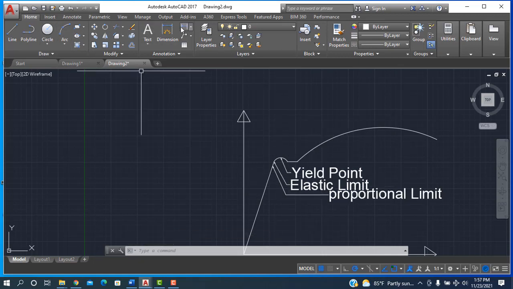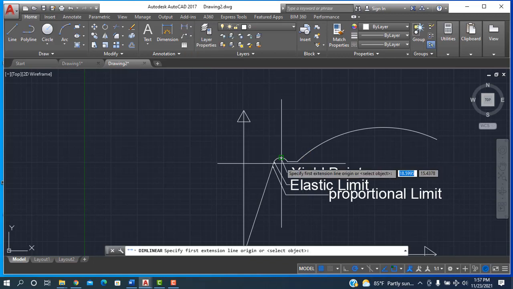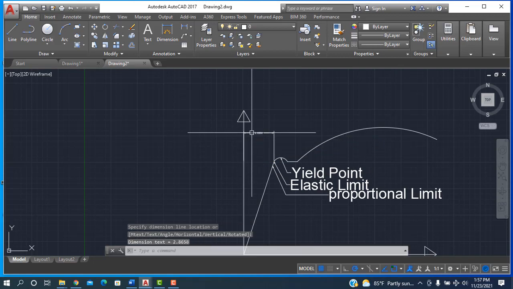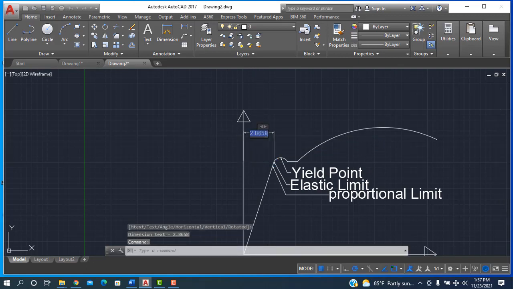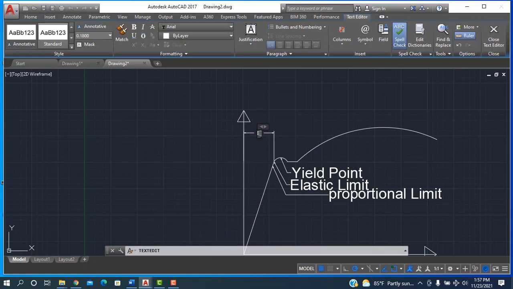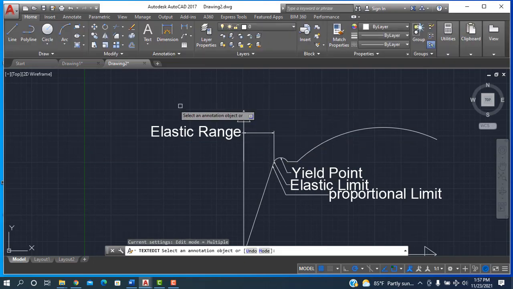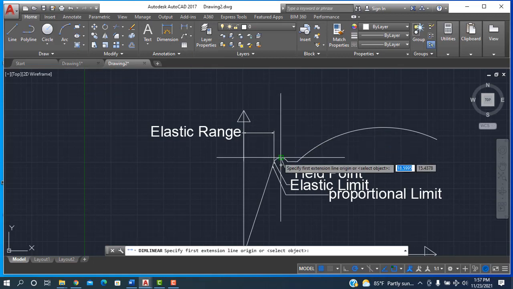And I'm going to the linear dimension, from the elastic point up to this. This one is the elastic range. So I'm taking the elastic range. Okay, this one is the elastic range, and I'm taking also the linear dimension, and the distance from the yield point